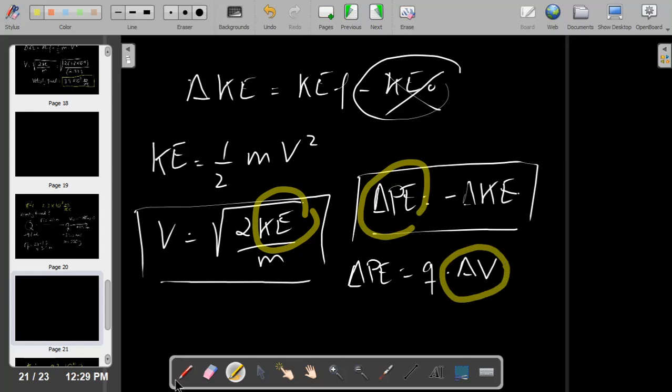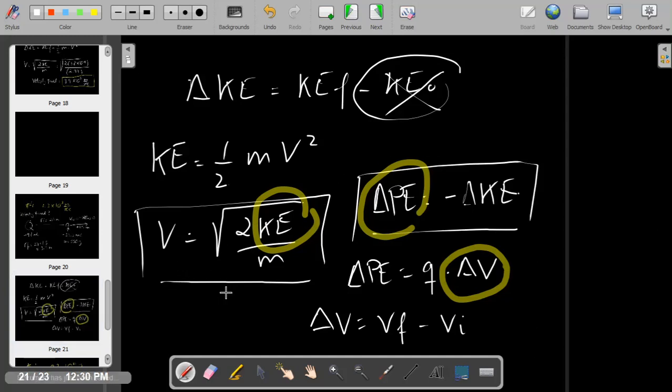We don't have this. And if you remember how to find this, the change in electrical potential equals the electrical potential final minus the initial. So this is everything that we need to do step by step. We cannot do anything until we find our electrical potential. Once we have that, we can put it in this formula to find the potential energy. Once we have potential energy, we find kinetic energy, and then we can place it in here to find the final velocity. Okay, so let's go and find our